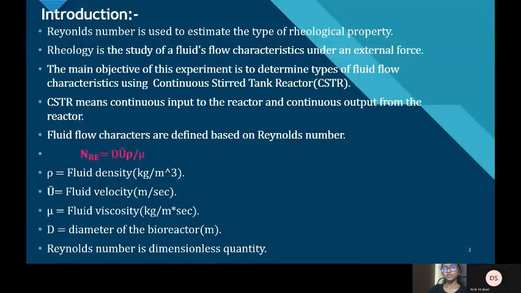We can prove that Reynolds number is a dimensionless quantity by converting these units into dimensions. L, t power minus 1, M L power minus 3, M L power minus 1 t power minus 1. If we substitute these dimensions in this formula, we will get M L power minus 3, L t power minus 1, and L by M L power minus 1 t power minus 1. M and t cancel, and L power minus 3, L cubed. Here we will get 1. Hence we prove that Reynolds number is a dimensionless quantity.